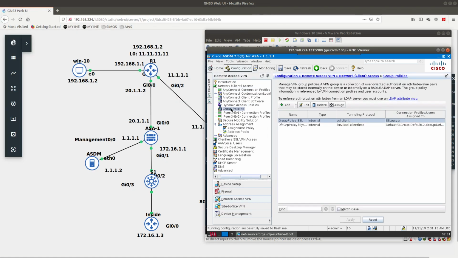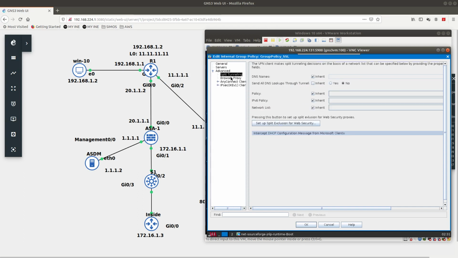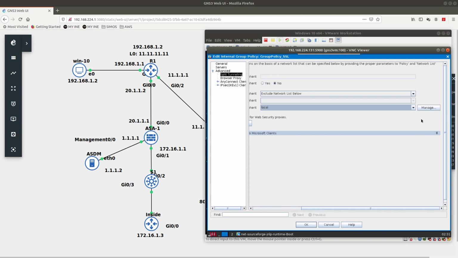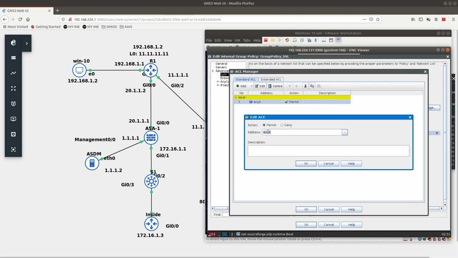So if we go to the post login, and if we go ahead and double click on it, and we go to advanced, you can see the split tunneling over here. You can add split tunneling, and the split tunneling lets you either encrypt all the data. If you go ahead and uncheck, it says that you can either exclude the network list below, and you can exclude some networks. So let's go ahead and add one, and I have a local one that was configured a while ago. So manage, and it says IPv4. Let's go ahead and edit, and let's just go ahead and exclude